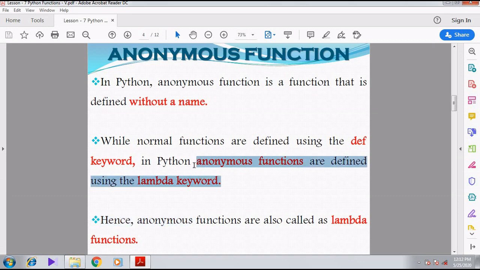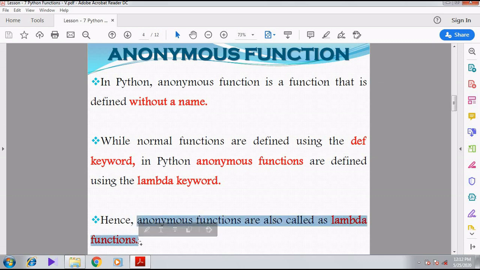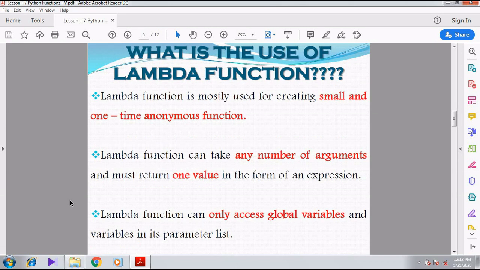Sometimes the anonymous functions are otherwise called lambda function. So there is another name for anonymous function. What is the other name for anonymous function? Lambda function. Right. Now what is the use of lambda function? How can we create the lambda function? We can see it in an example, plus the syntax, and in a programmatical manner.